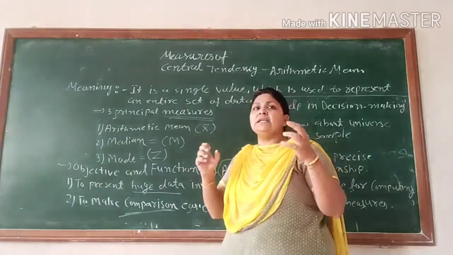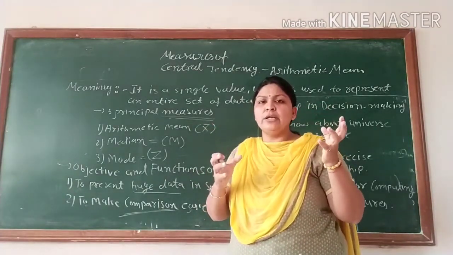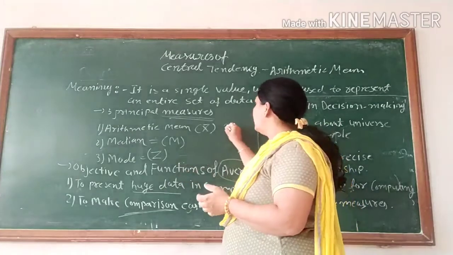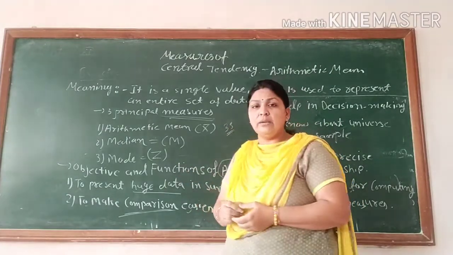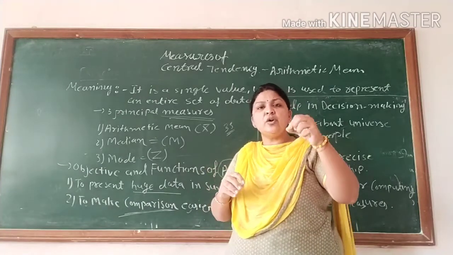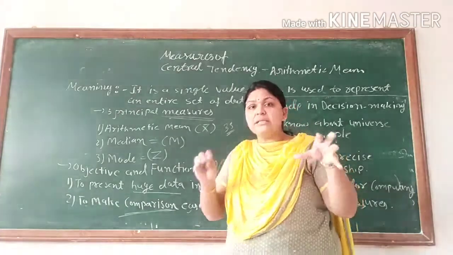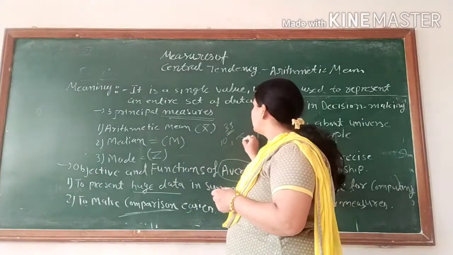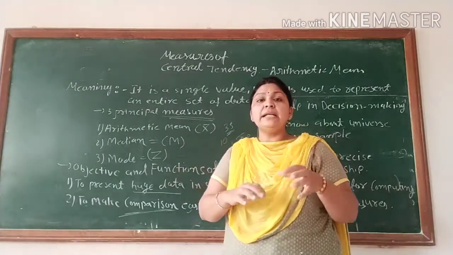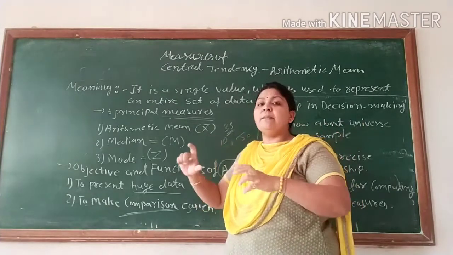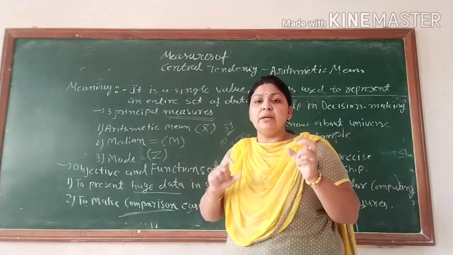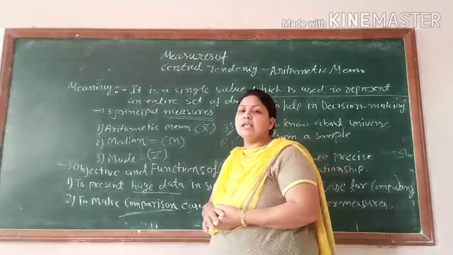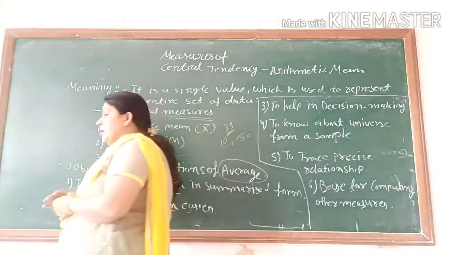So that is, we can say, all the entire population. Suppose I talked about 50 students' marks, so we get the 35 number, average number 35. Right. So 35 is your average number. Class average is there. Some students maybe got only 10 marks and some students got 50 marks also. But that 35 number, that is the average number, represents the entire 50 students present in the class on the exam day.